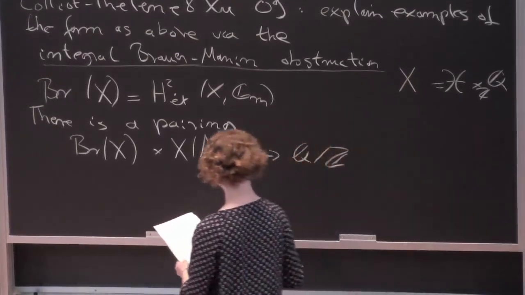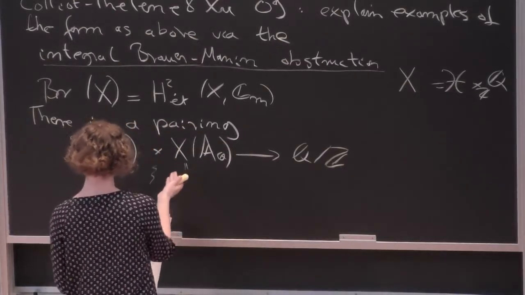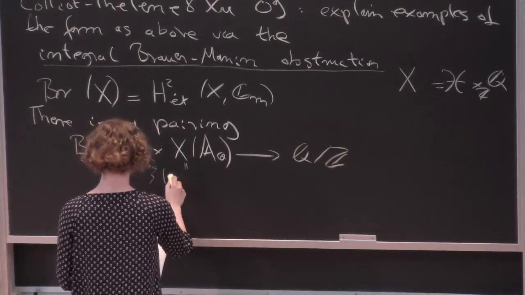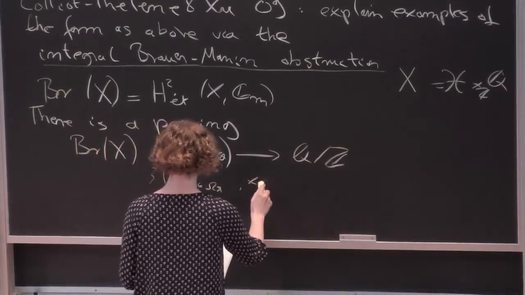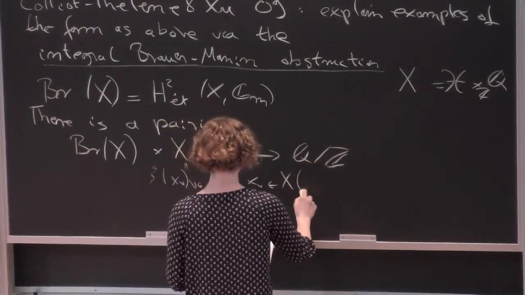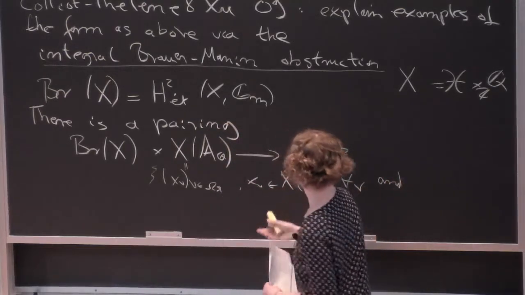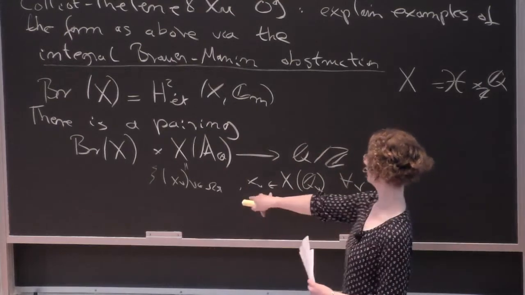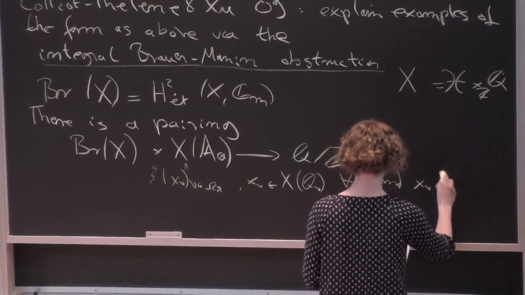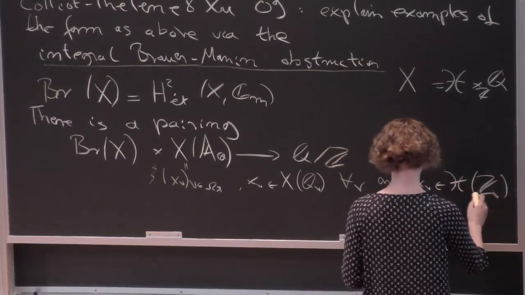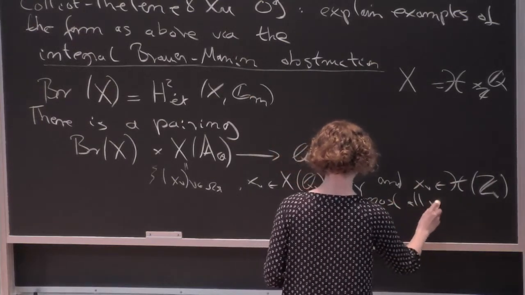So you could think of a point here in the adeles. I define it a little bit informally here. You would, in a way, not need to talk maybe about integral models of X, but in a way you can think of this as points where you have for every place a local solution. So the x_ν would need to solve your equation over Q_ν for all ν, and you ask to make an adelic point out of it in a way for this x_ν, the solutions being integral almost everywhere except for a finite set of places. So you would ask for x_ν being, say, an O_ν-point for almost all places ν.